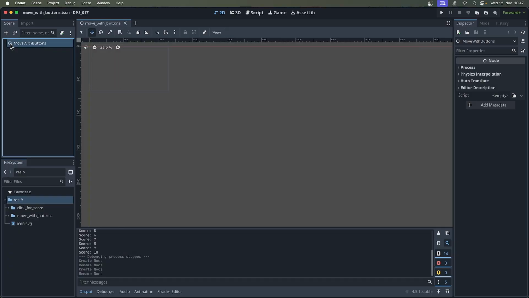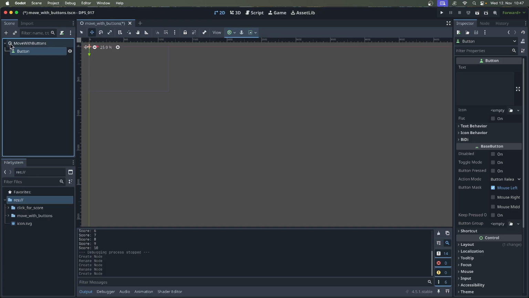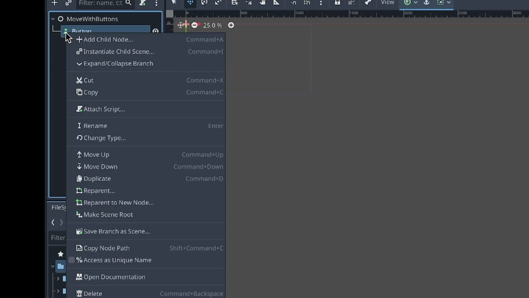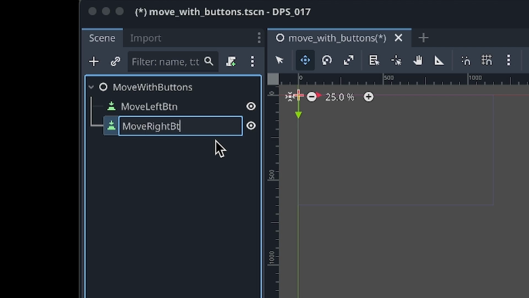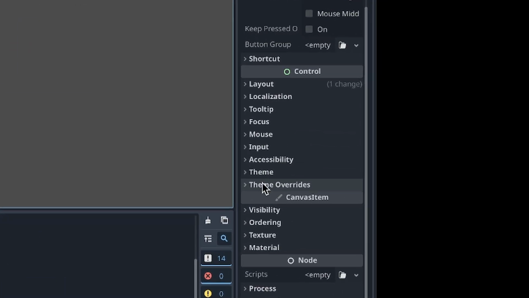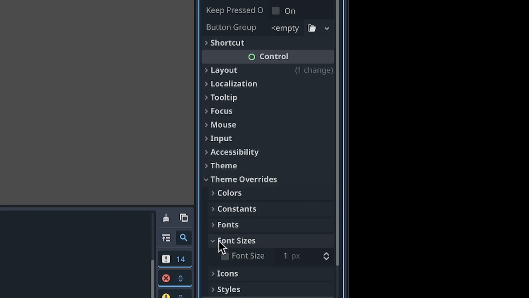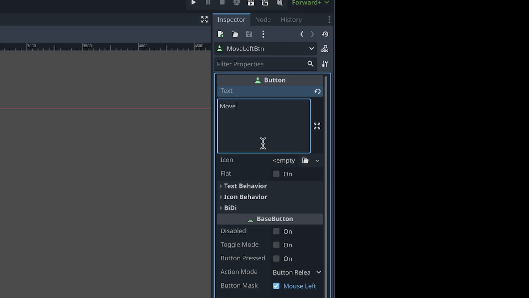And for this one, we are going to add 2 buttons. You can just duplicate this one by using the shortcut duplicate. We will call it Move Left btn and Move Right btn. We can select both of them, scroll down to Theme Overrides, go to font size and make it 100 for each. Let's type in a text, move left